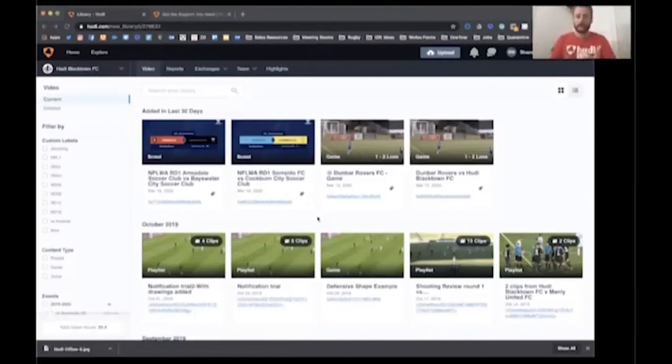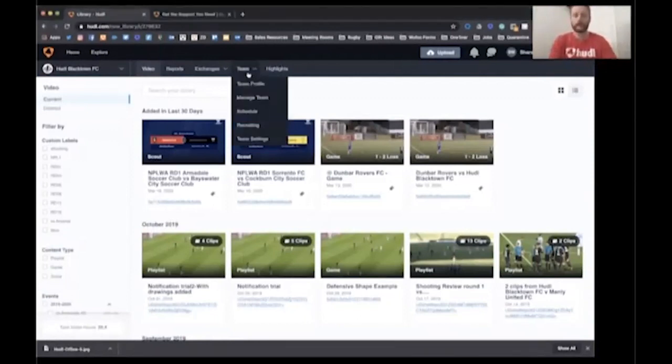If you have a nutritionist, technical directors, basically anybody. You can kind of think outside the box in terms of what content you want to upload. Obviously, the core of the platform is for analyzing video of your games or opposition games. So that's the first aspect. I'll show you how to do that now. So it's really, really simple. As with all things on Huddle, just come to this team section.